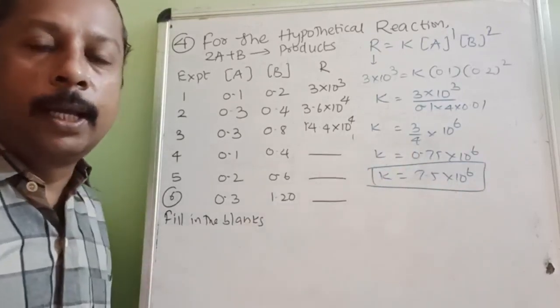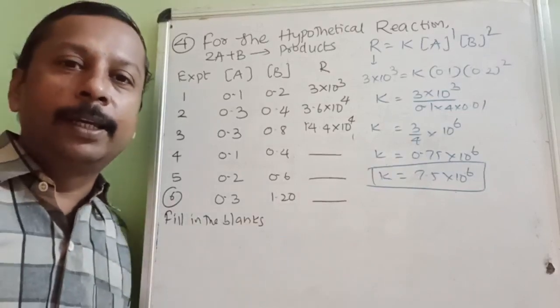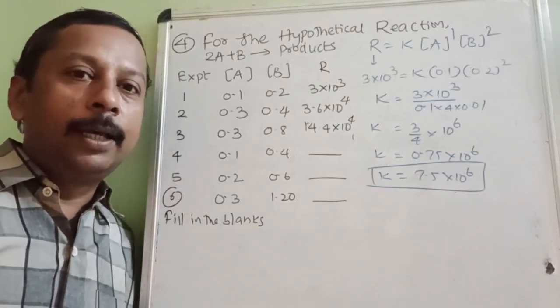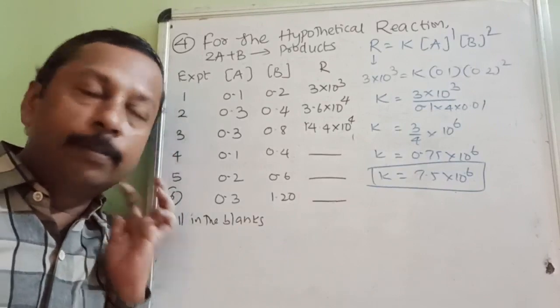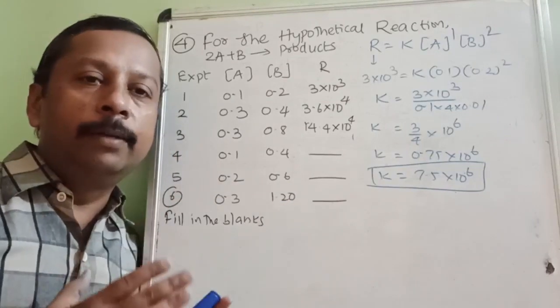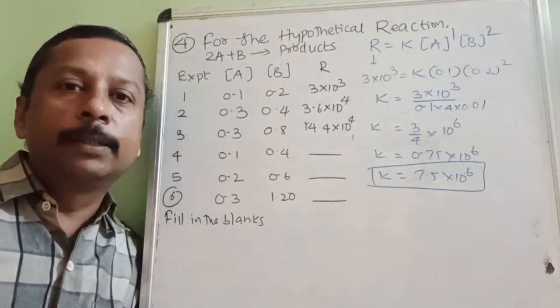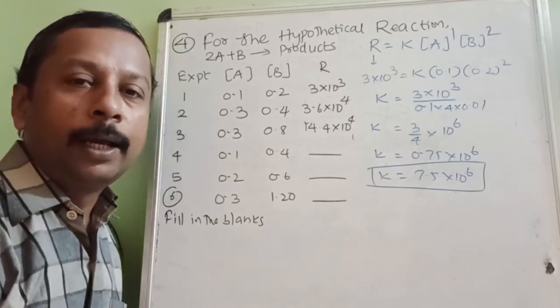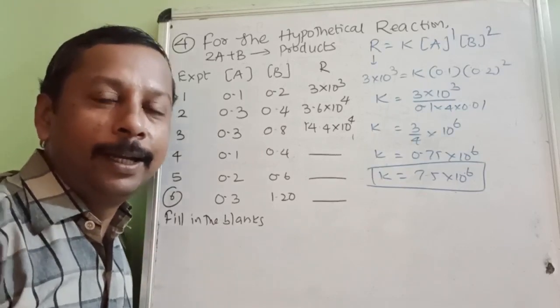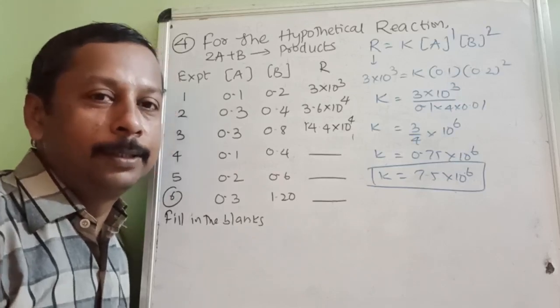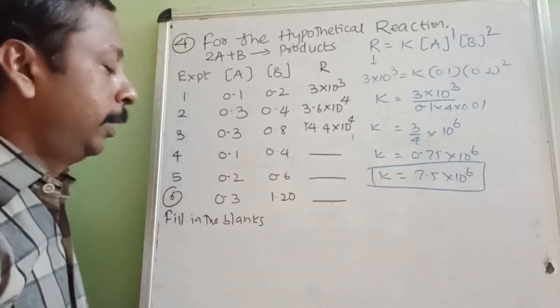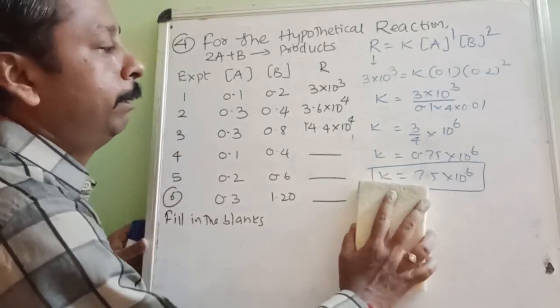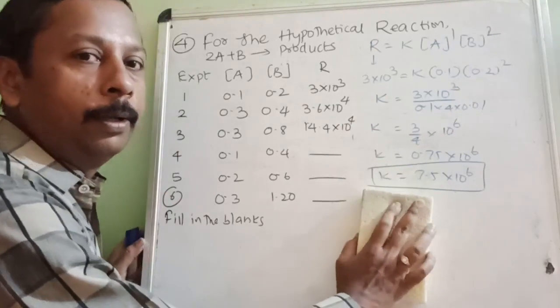Please ignore calculation mistakes if I make any, because sometimes I make calculation mistakes in explaining. My mind will be used up in explaining the question. Sometimes it may so happen that I may pronounce something and write something and multiply something. Okay. But you are all cute people. You can understand my problems.